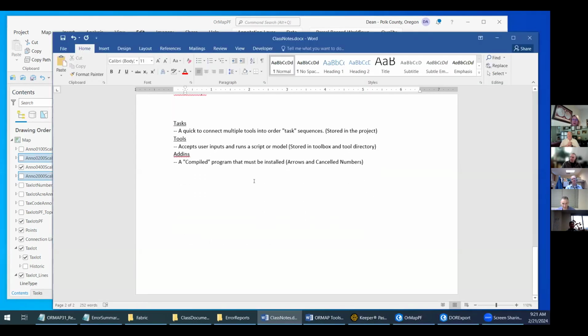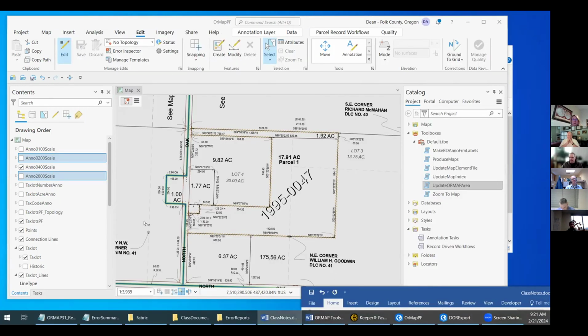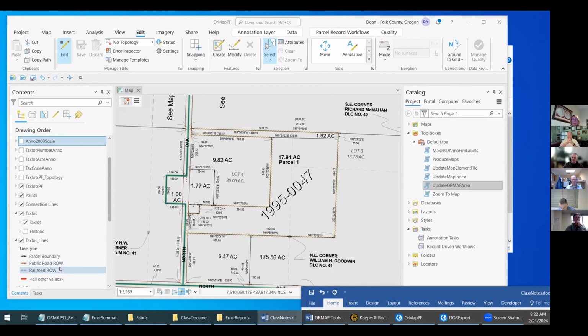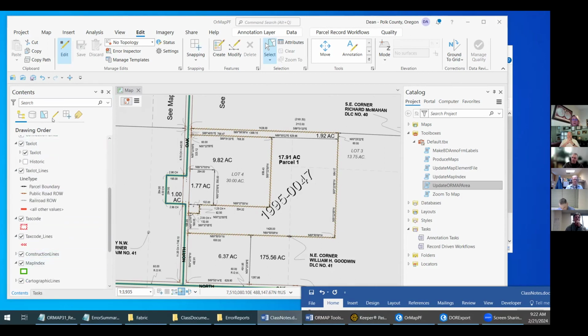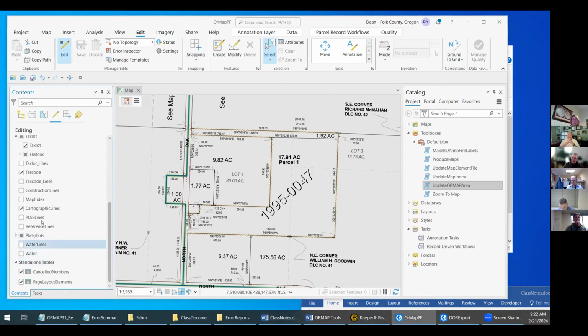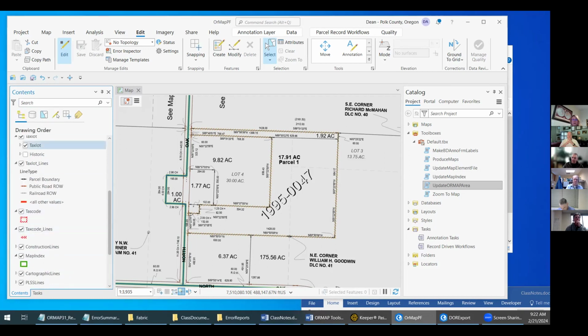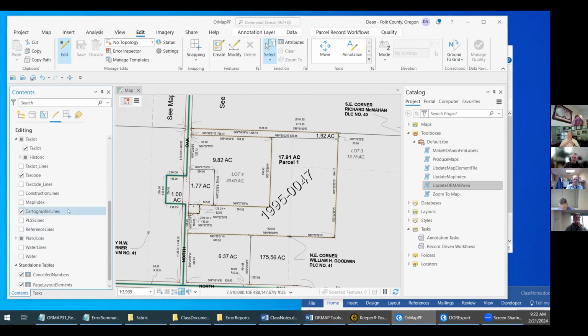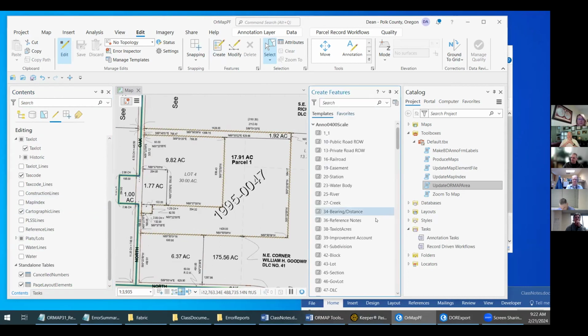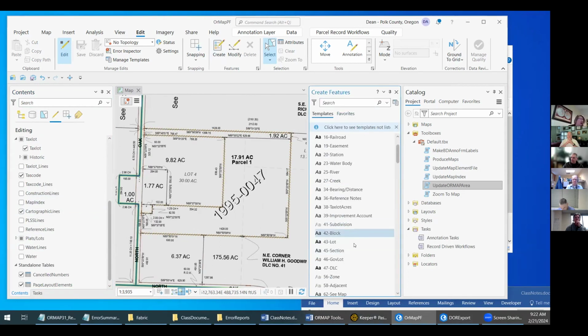I'm going to go back. Add-ins. So the arrow tool is an add-in. The arrow tool, you have to download and install. And once you've installed it, it is now available in every ArcGIS Pro session on that machine. And so I know that I have it turned on, and I'm going to go to edit, and I'm going to turn cartographic lines on in my edit. And in that particular case, I want to create. And if I add my tax lot arrow,